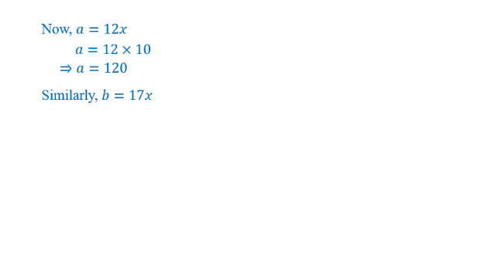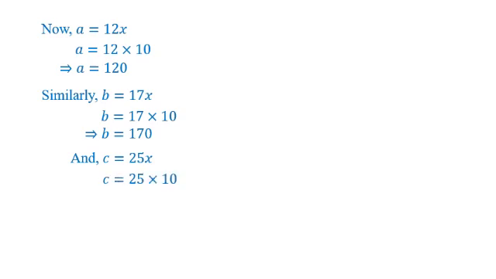Now when we put the value of x, this will give us b equals 17 into 10, which implies that b is equal to 170, and c is equal to 25x. So when we put the value of x, we get c equals 25 into 10, and this implies that